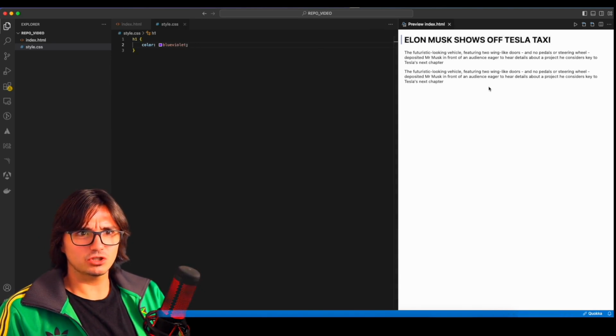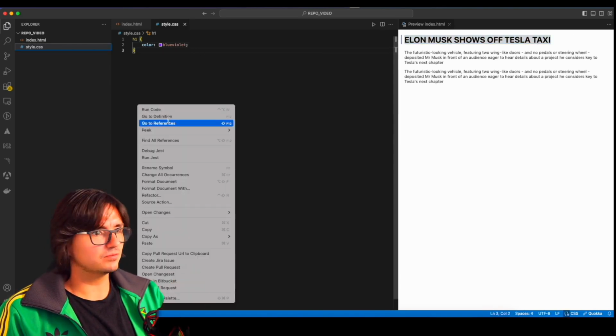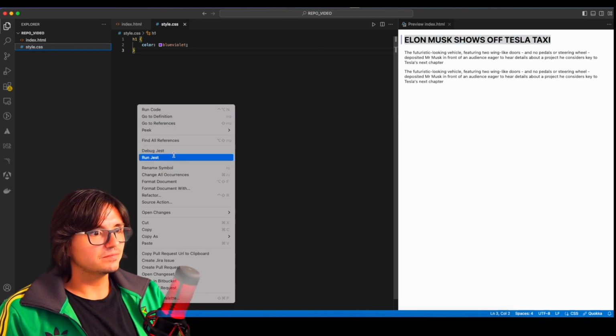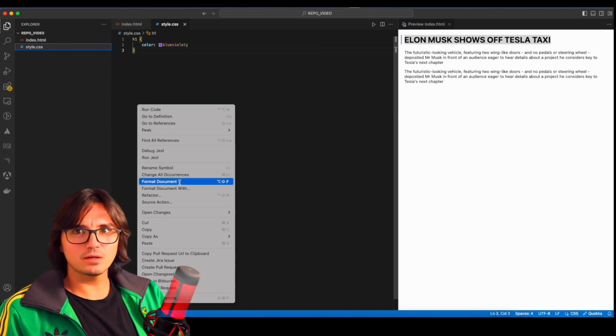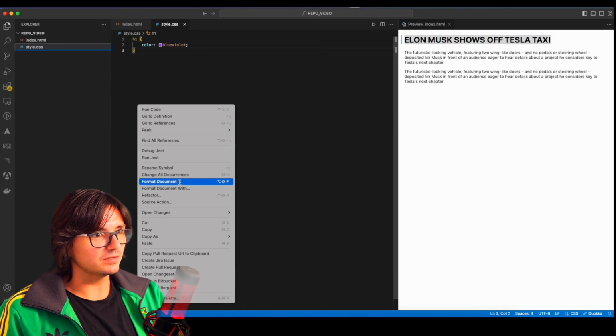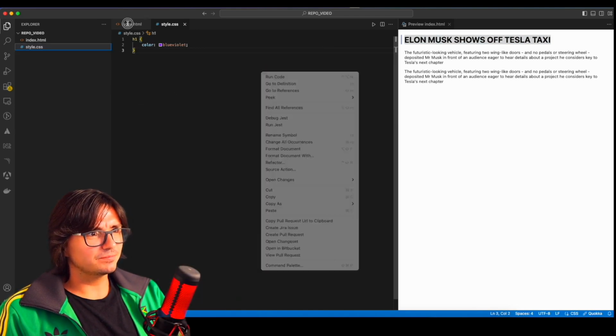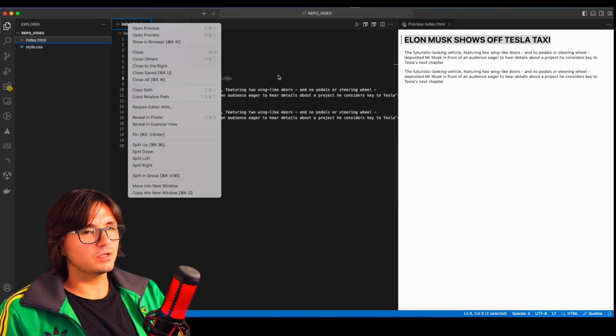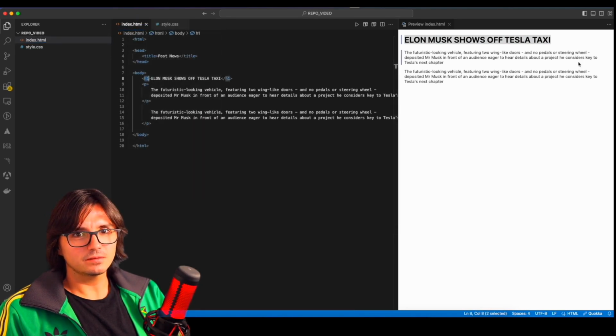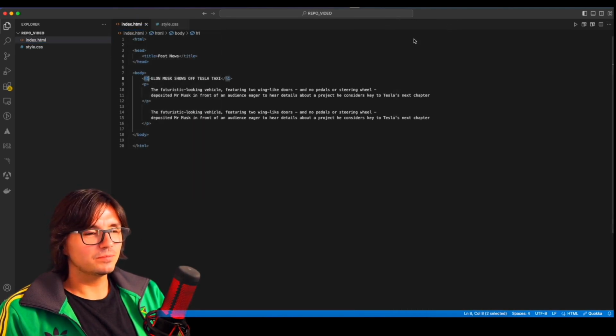But strangely, nothing changed. Yes, even if we open it, what happened? Let's find out why the browser didn't change the color. Oh, look, by the way. Now I will close this preview.